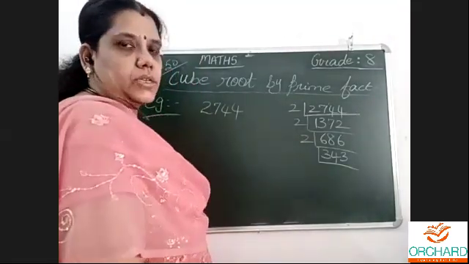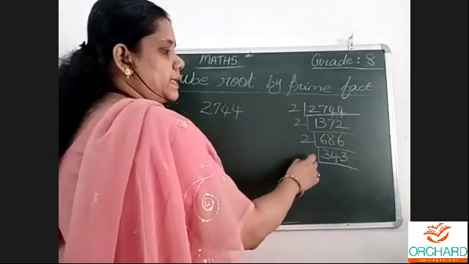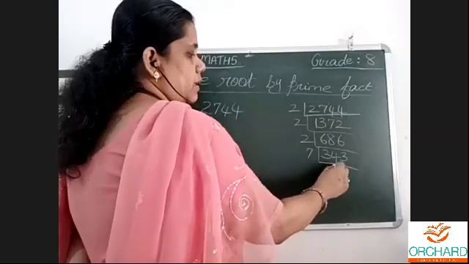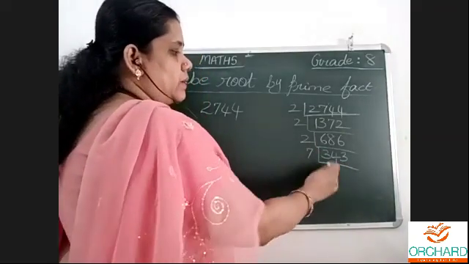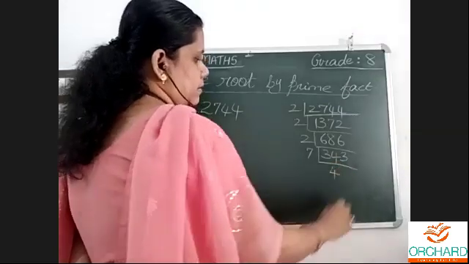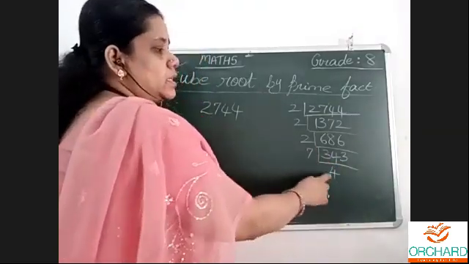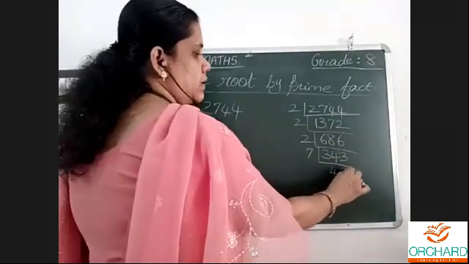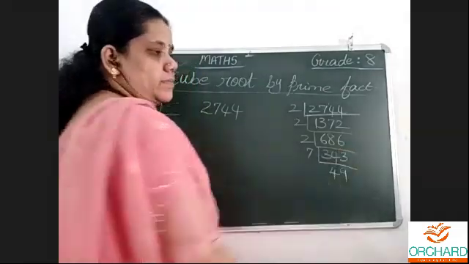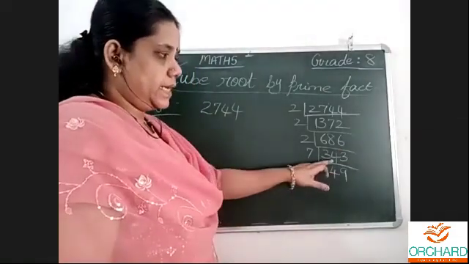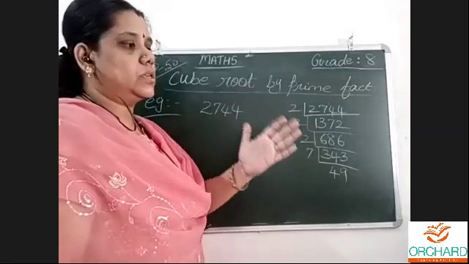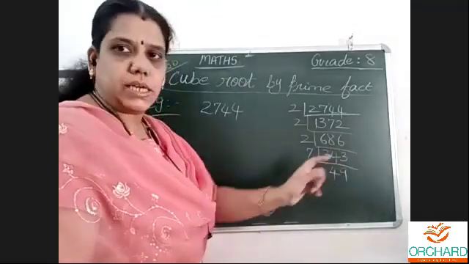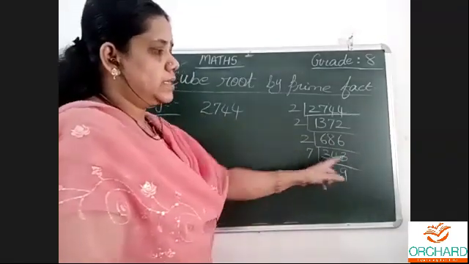343. I know that it will go in the 7 table: 7, 7, 7, 7 cube. So I will use 7 here. By experience it comes. 3 7s are 21, 4 7s are 28, 5 7s are 35 will not come. So 7 4s are 28. Remaining 6, remainder 63. 4 sevens are 28, 29, 30, 31, 32, 33, 34. 6 is the balance. 6 combined with the 3 is 63. 9 sevens are 63.